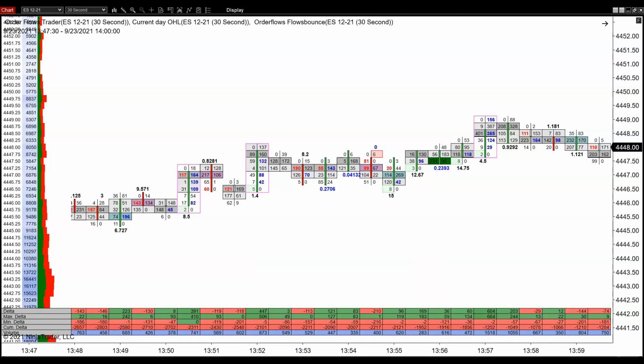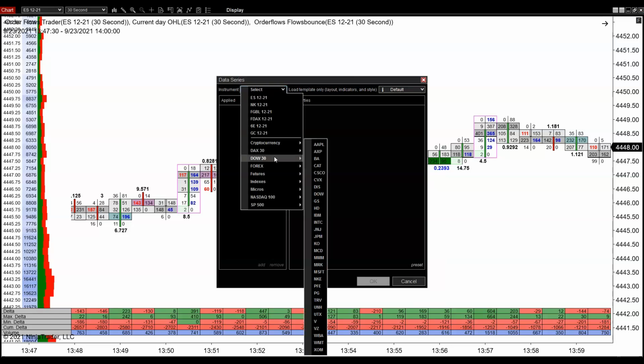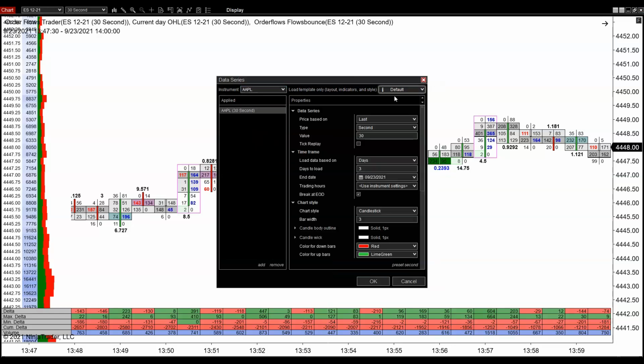Does it work on stocks? Yeah, it does work on stocks. I don't trade stocks. I don't use stocks. But again, when you're trading stocks,